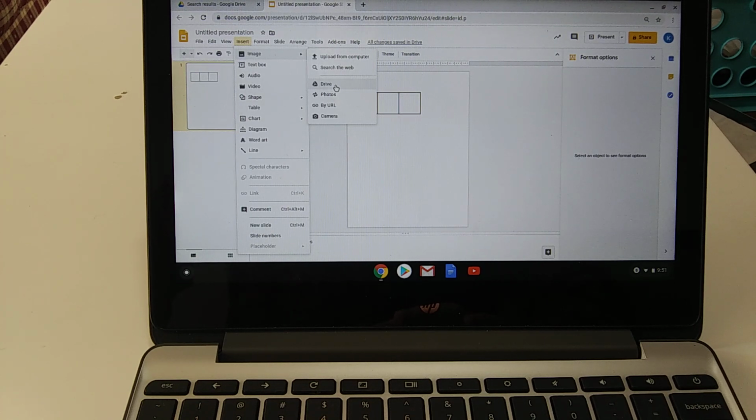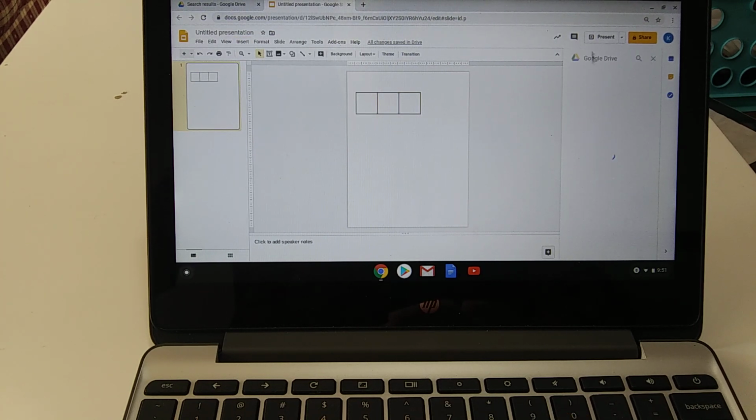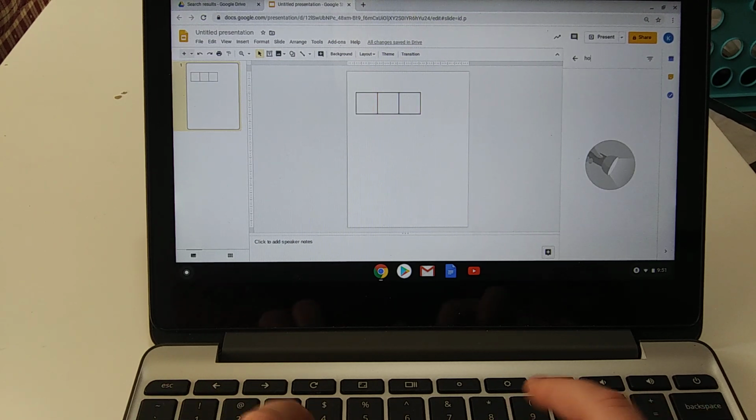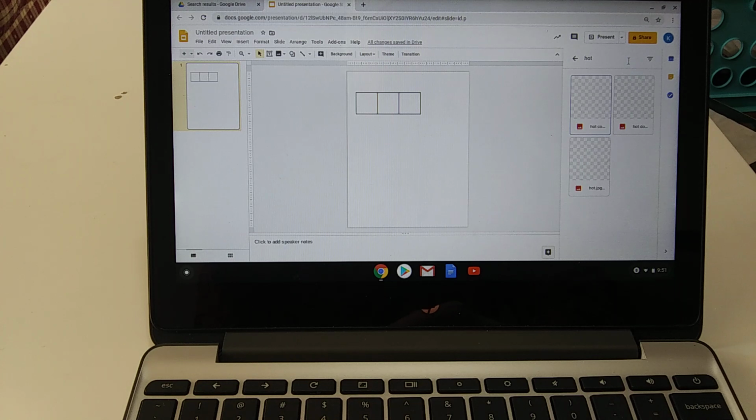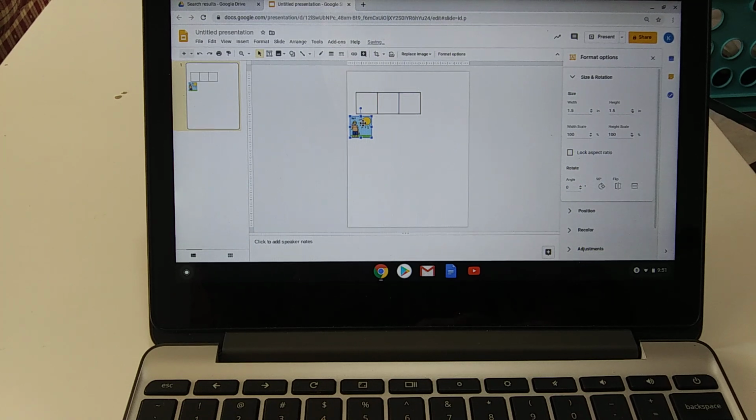So I'm going to go into my drive because I have this handy little folder full of resources, and I'm just going to look up my word hot. As you can see, I have some PEX cards here. So I have my PEX card that goes with the word hot, and I can see the word in the corner. So I'm just going to go ahead and